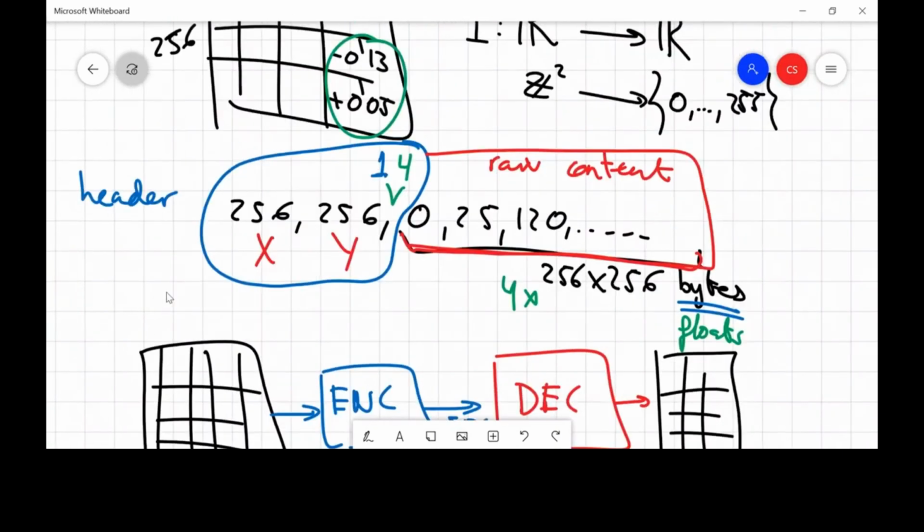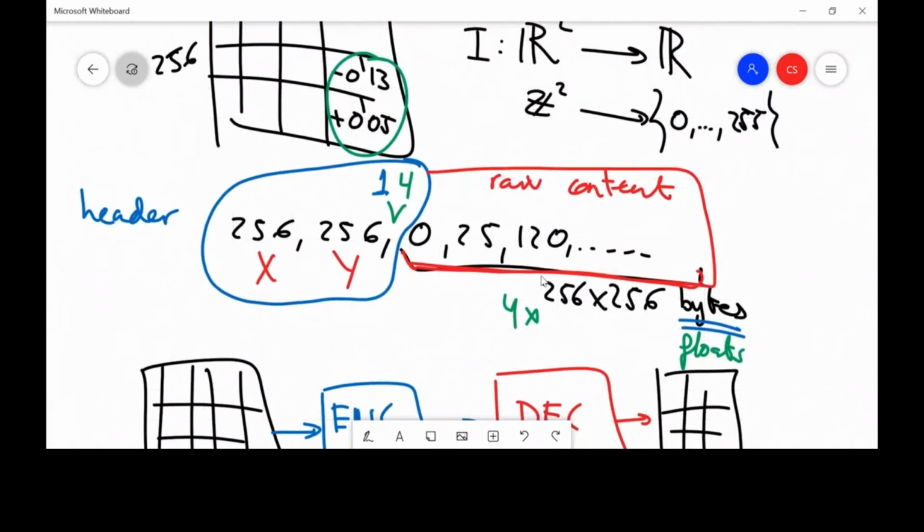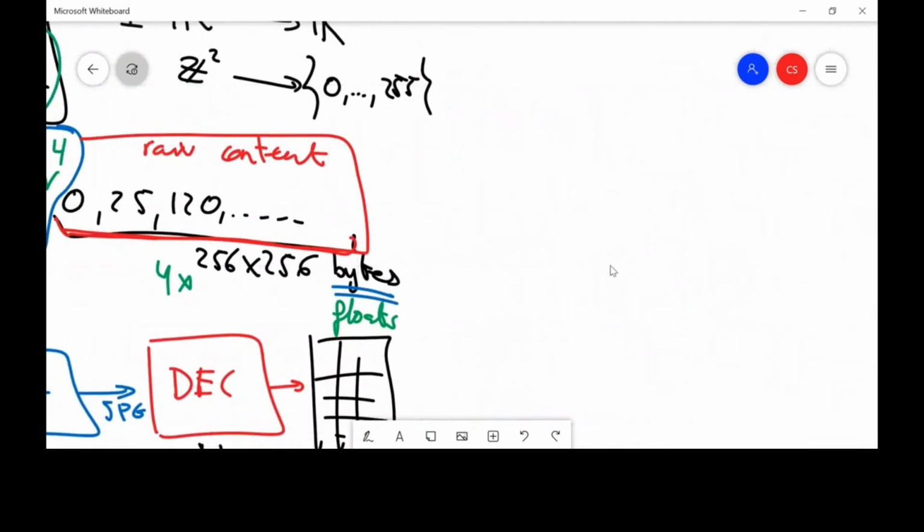So we have the header here. We decided in our very extremely simple header that the first number would be the size in X, the second the size in Y. The convention in JPEG is that every single file has a header, so let's make it blue. So this is the header of the